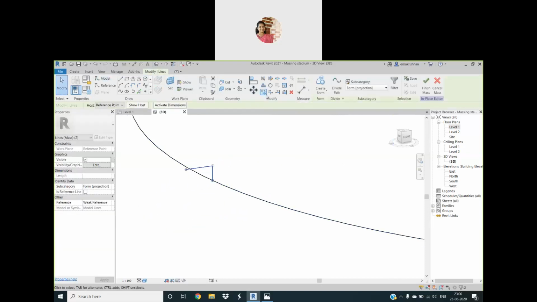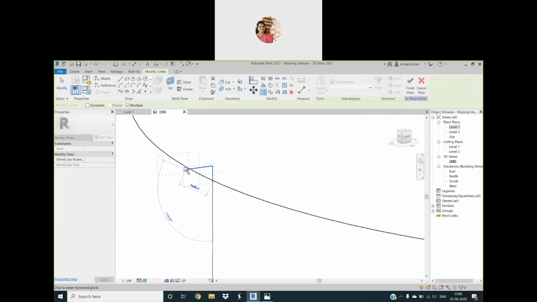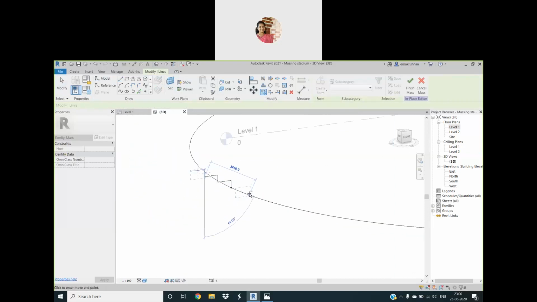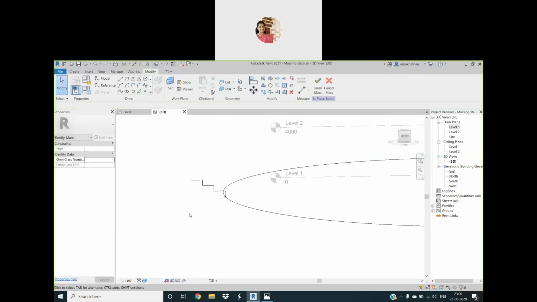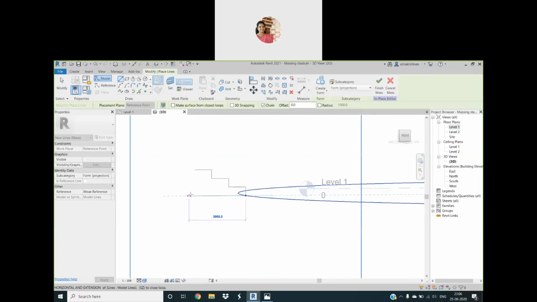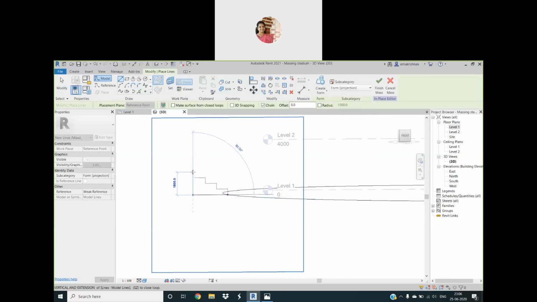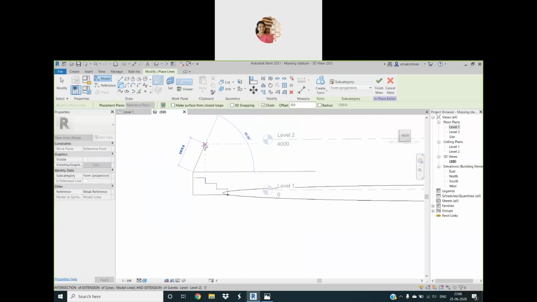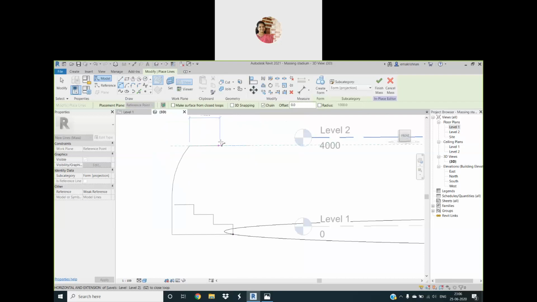Let us click on this and copy. So this one, and this one. So 3 steps here. Then let me complete it because it should be a closed profile. Let me slightly go beyond this. Then we are coming up to this, and maybe I would like to give a curved profile over here. Like this. Here this is going to be the roof, and here I would like to give the curtain system. Like this.